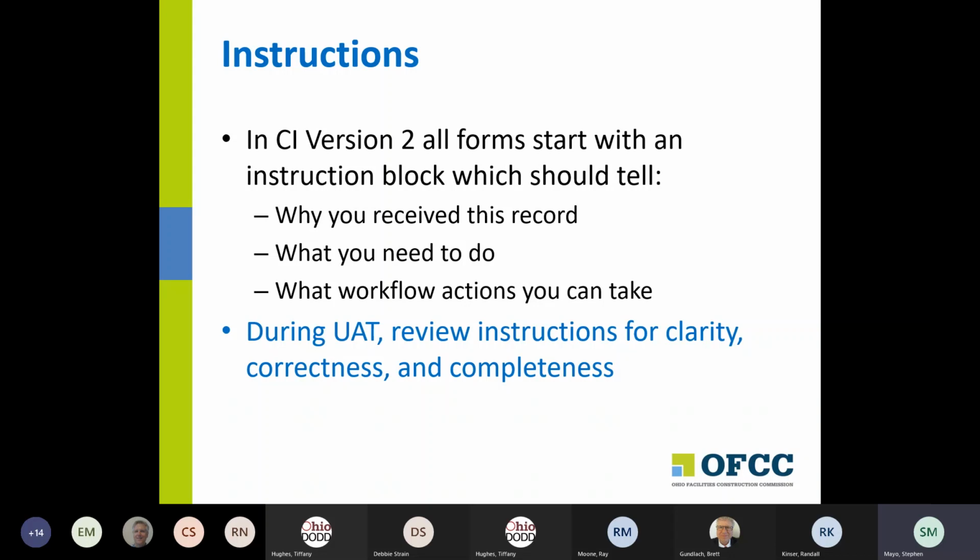And during UAT, read those instructions and expect them for clarity and correctness and completeness. And if you think something's not clear or you do something different, that's a discussion that we'd like to have with you. We put hundreds and hundreds of instructions on forms, and I'm sure that they're not all 100% correct at this point. And so if we can clean some of those up as we go through the testing process,